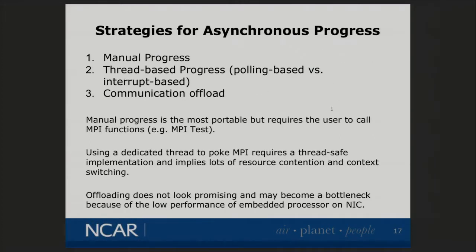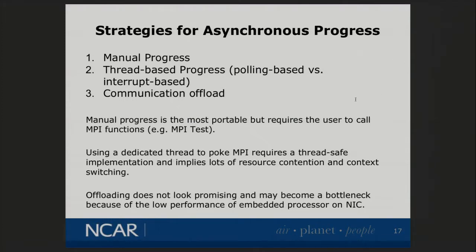Just to make sure that we are speaking the same language, I'm pretty sure you're well aware of this. If you want asynchronous progress, you have 3 choices. The manual progress, which basically means you call MPI_Test once in a while, or MPI_Probe, or MPI_Iprobe, or whatever. Calling MPI pokes the MPI engine and makes the progress happen. The second one, which apparently is the silver bullet, is thread-based progress, and there are 2 options: the polling-based approach, where the thread keeps calling the engine all the time, or the interrupt-based,